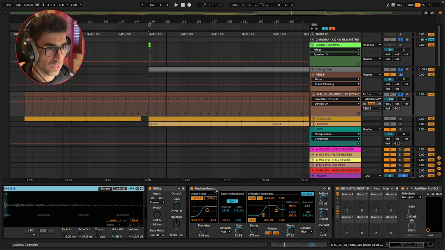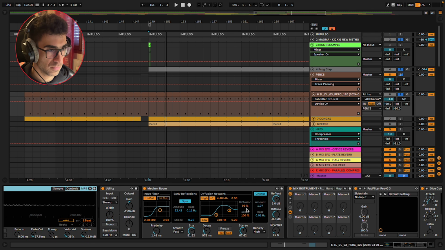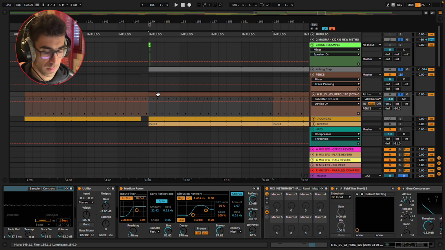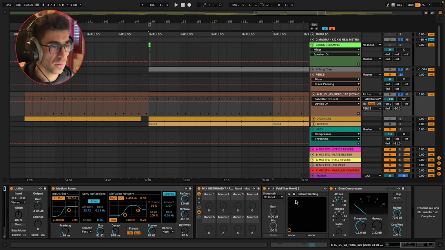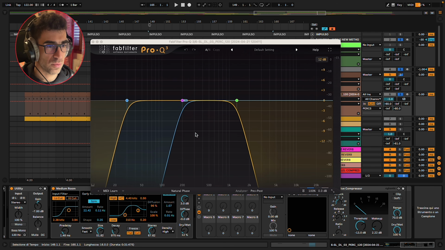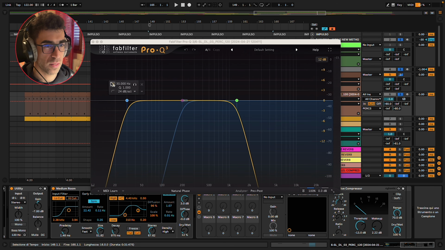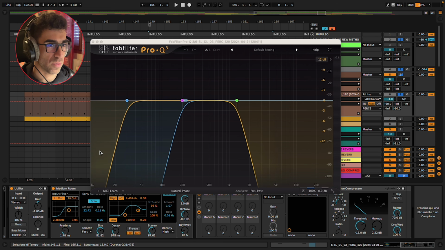Again, small medium room reverb. These actually are also pitched with the track, so they move a little bit throughout the loop to make them less boring. Again, simple EQ, just removing this useless bottom end in this case.